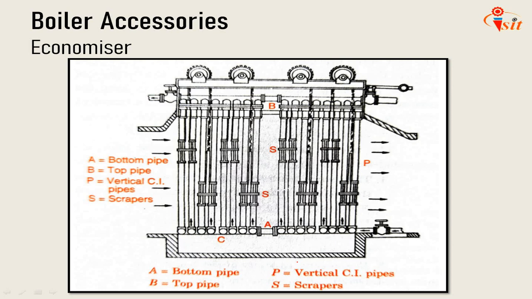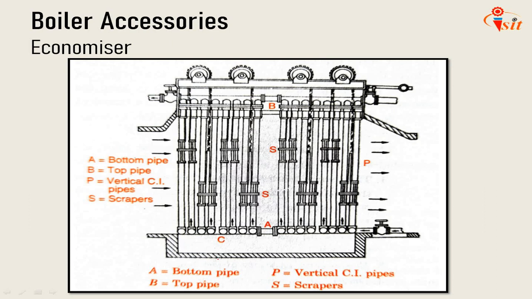Economizers are of two types, independent type and integral type. The former is installed in a chamber apart from the boiler setting. The chamber is situated at the passage of the flow of the flue gases from the boiler to the chimney. The latter is part of the boiler heating surface and is installed within the boiler setting.